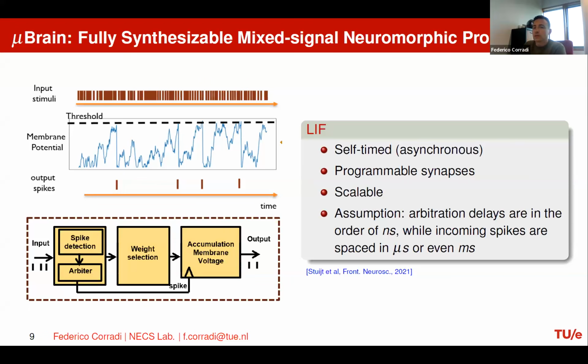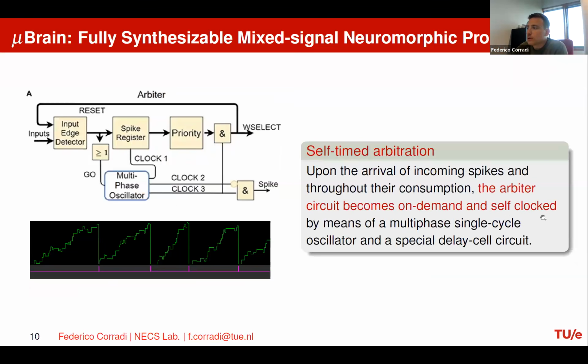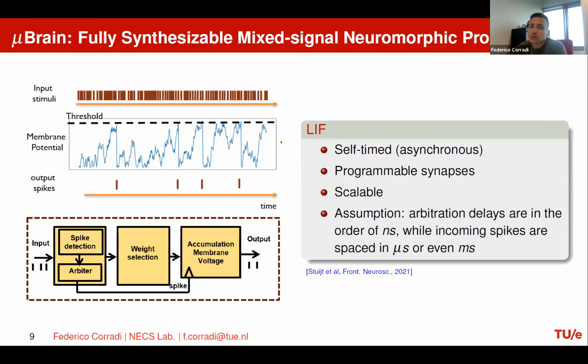Yes, that's a very good question, actually. So the leakage, the way in which we implement it right now, we only have an inhibitory synapse, and then you have a spike coming from outside. If this is regular, then you can implement a leakage. So it's a very trivial way of implementing a leakage. However, it is true that this mechanism of self-timed multi-phase oscillator could also be used as a leakage mechanism. We didn't do it for this circuit specifically,